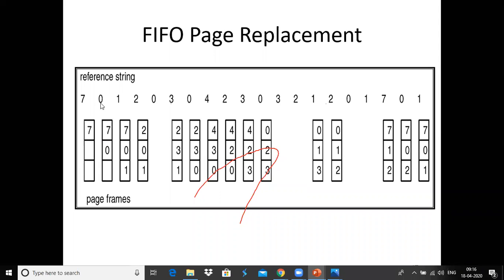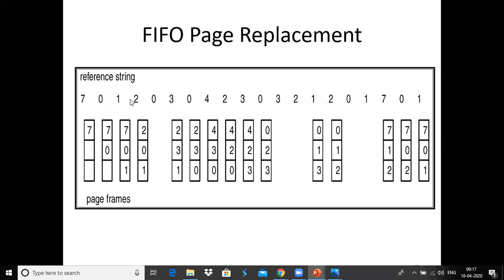Again the memory reference is 0. It also does not exist in the frames, so again one page fault. Then a request for memory reference 1. We check the frames, and because 1 does not exist in the frames, again one page fault. Enter this in the frames. You can see that at this position all the frames are completely filled in. No frame is empty.